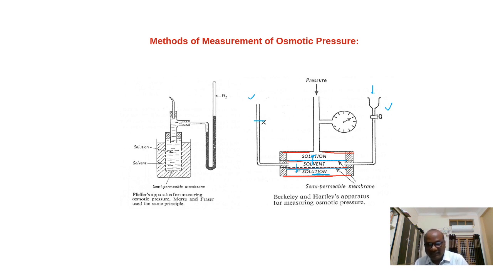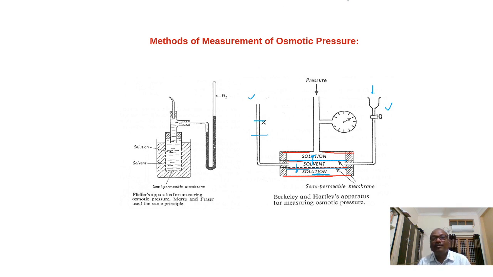That means the amount of solvent decreases in the solvent tube. That's why you can see a decrease in the level of the tube. In the L-shaped tube on the side, you can observe the decrease in the level of solvent. Why is it decreasing? Because the solvent flows through the semi-permeable membrane due to osmosis into the solution side.